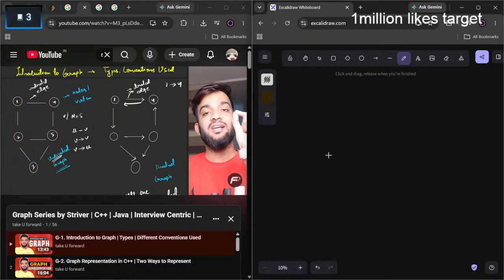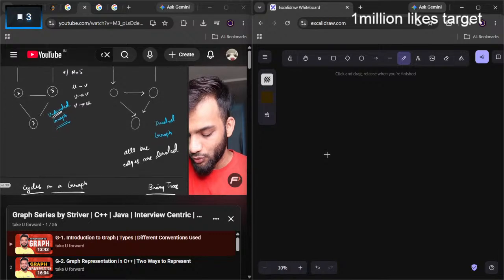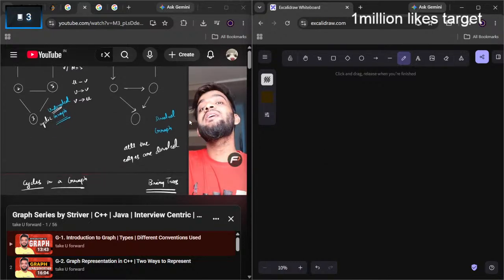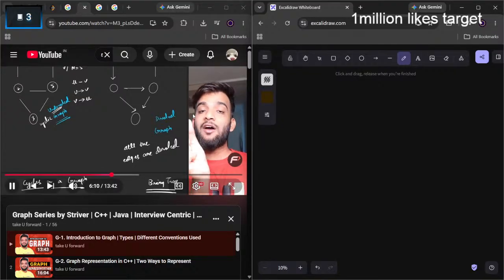So if there is a single cycle in a graph, you generally call that an undirected cyclic graph. Undirected cyclic graph. The definition of a graph does not assume